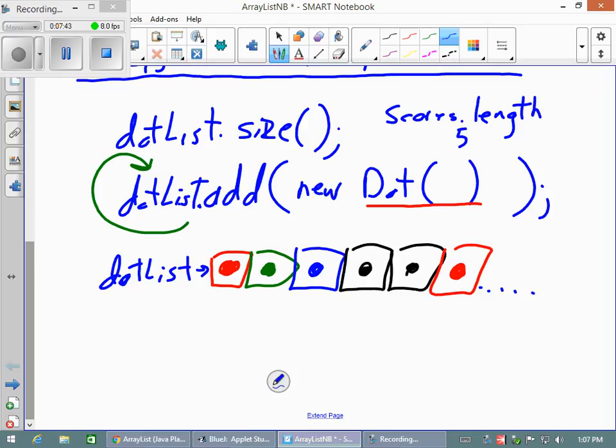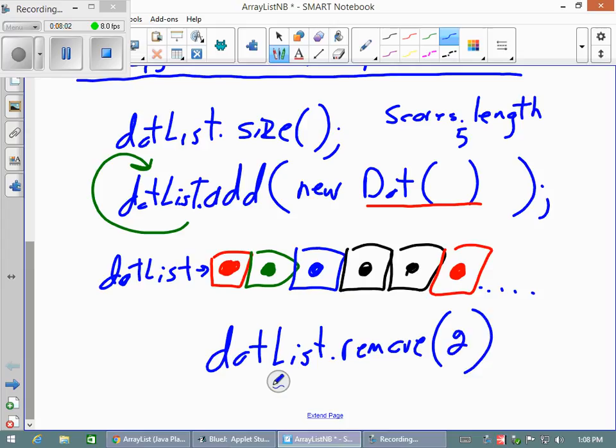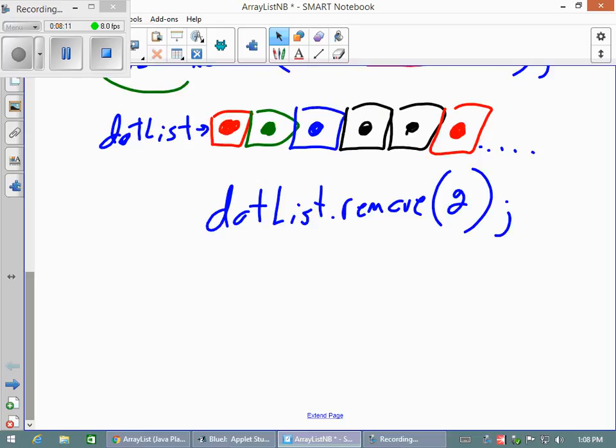If we want to remove a dot, we can say dot list dot remove, and we tell it which index. So for instance, suppose we say dot list dot remove 2, that will remove the dot at position 2. And what's nice about that is after removing that,